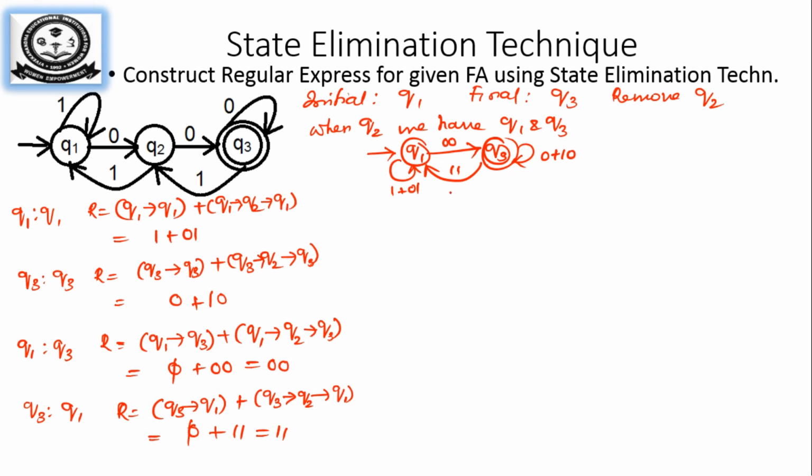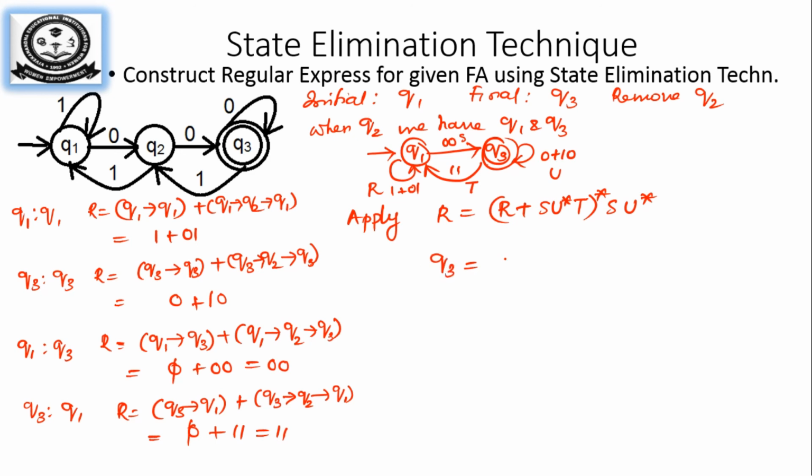Now you can see this is again in the last diagram formula. So we will apply the formula R is equal to R plus SU star T the whole star SU star. Now here which is R? This is R and this is S, this is T and this is U. So we will substitute the regular expression. Now you will get what is Q3. So R is Q3 here.